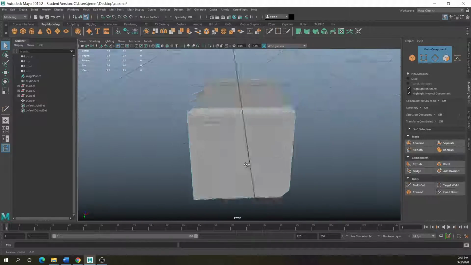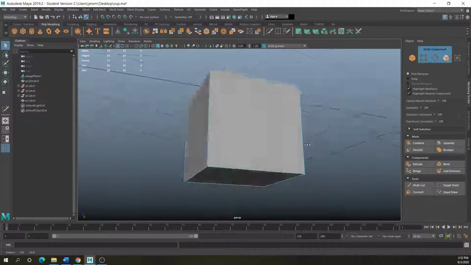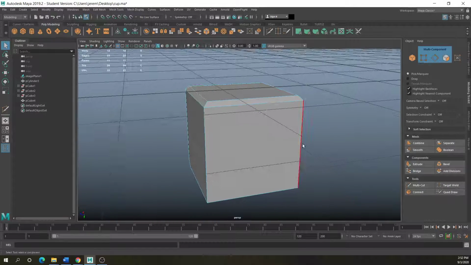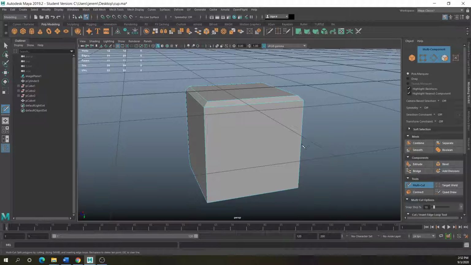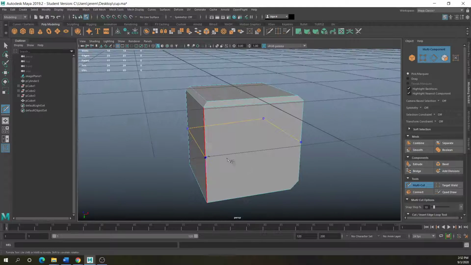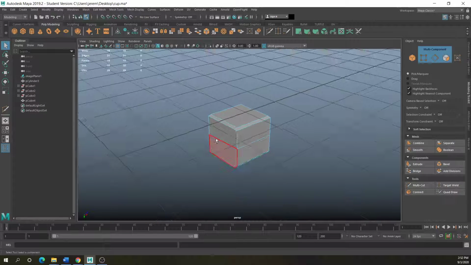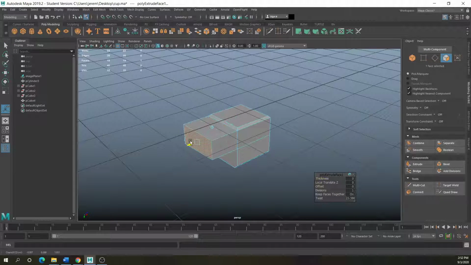I would suggest using the multi-tool or multi-cut tool sparingly right now till you get used to some of the other tools, but it's pretty handy if you need a division to cut in there. You could just hit shift and it'll basically select you all the way around. Press enter. And then you can kind of do what you want to with the faces. You could extrude that, extrude more.